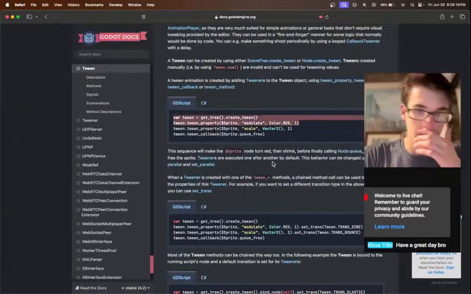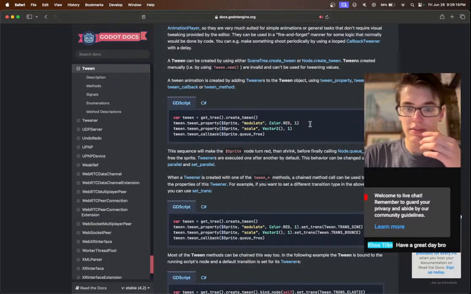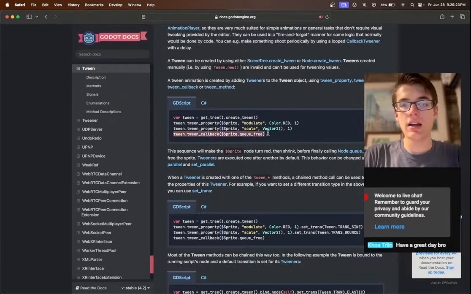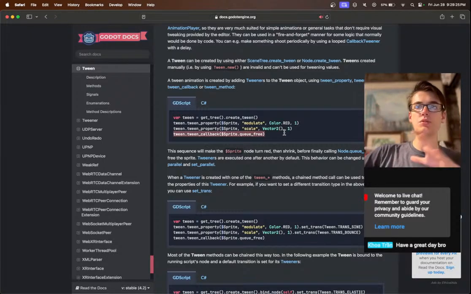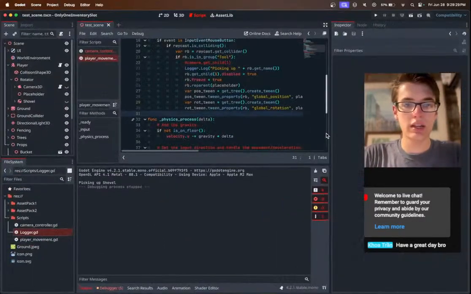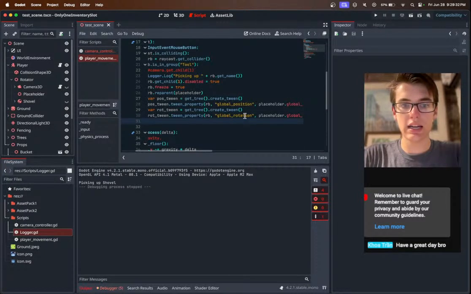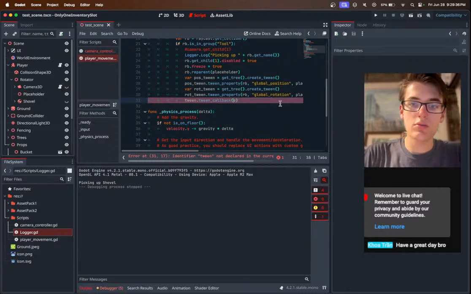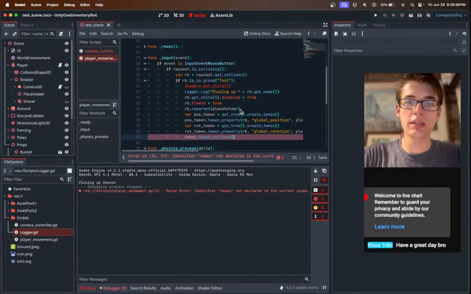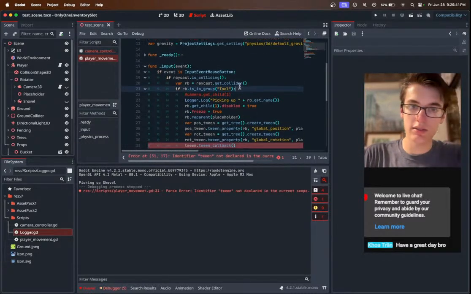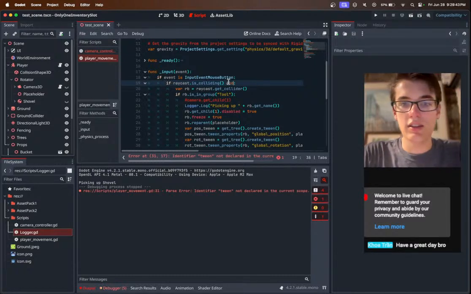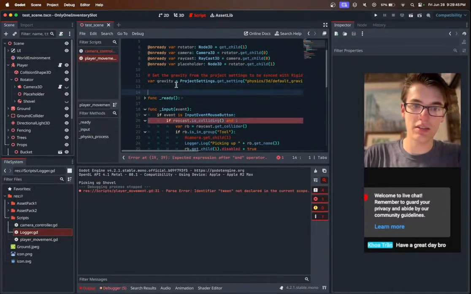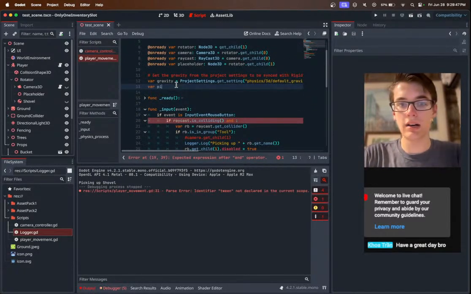So the next thing is the time. I think the time's probably fine. But I am a little bit concerned that once we have multiple tools, someone might spam this and then the tweening could get weird. So what you usually want to do with any kind of animation that takes time is add a Boolean that says to not do anything. That wasn't very explanatory. So let's say a variable picking up